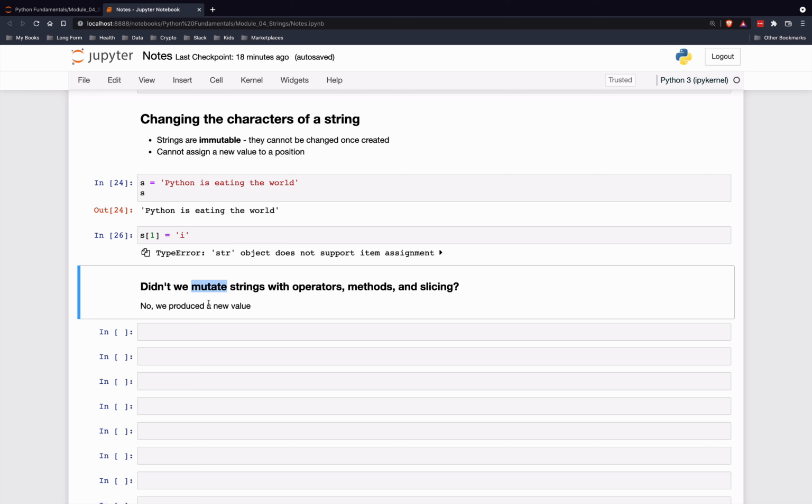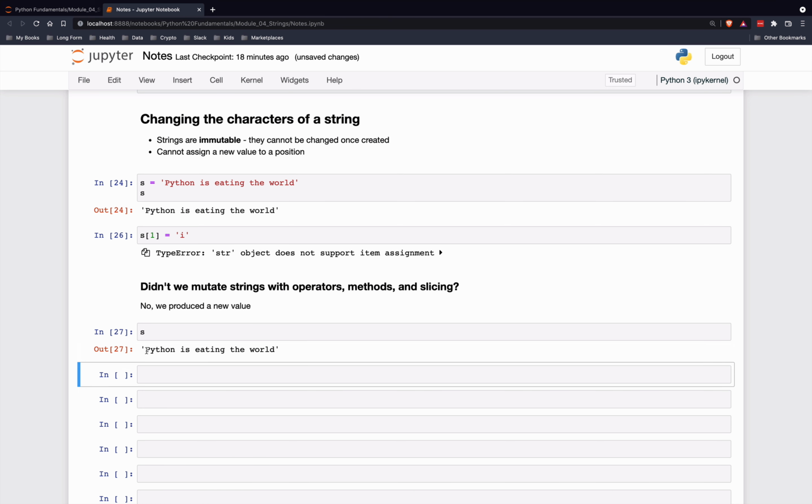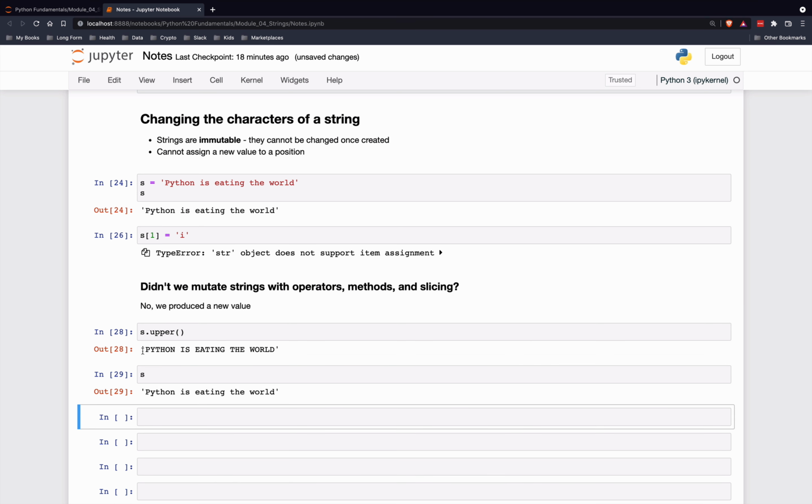We did not actually change any of the strings thus far. We did create new strings, but we never changed the actual underlying string. So again, once we've created s, this string will not change. So when we did s.upper, that just created a new string. It didn't change the underlying string. s is still this. When we did the operators, so we did like s plus